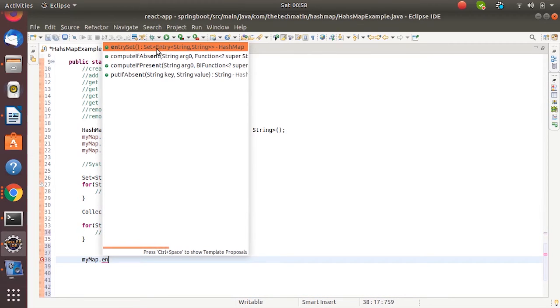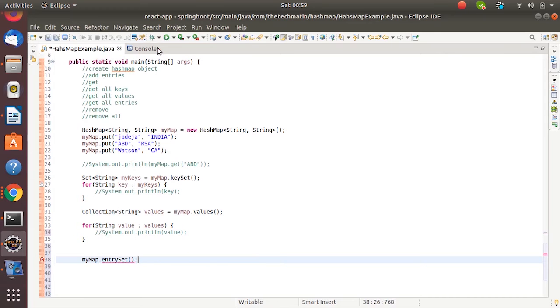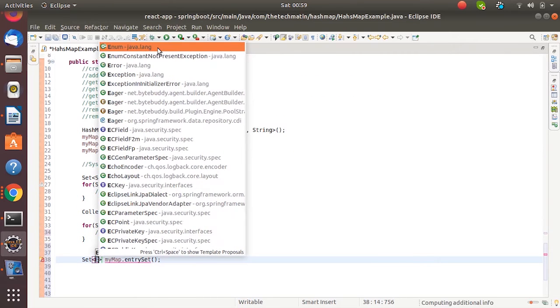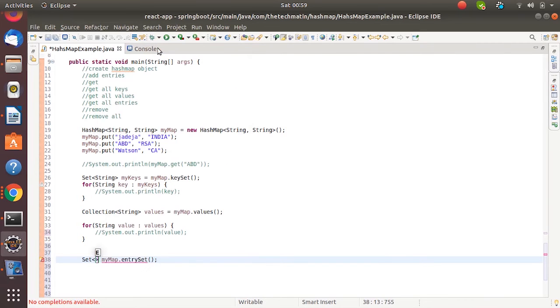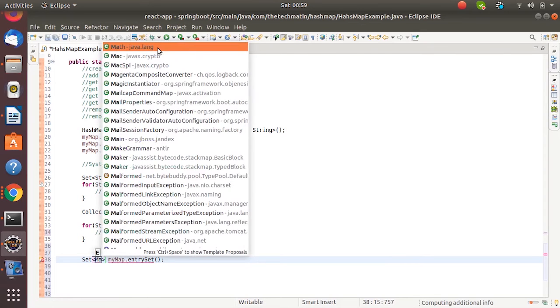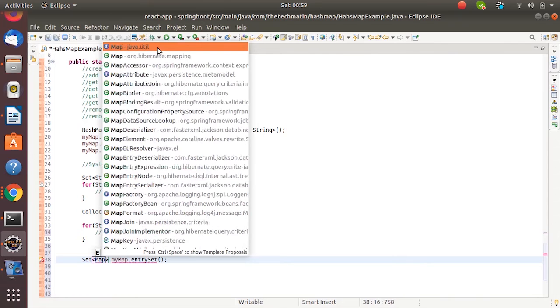And this is going to return you the set of entry, because entry is the inner interface of map. So without entry there is no existence of map. So let's hold it in a set of entry. Basically we cannot access entry directly.